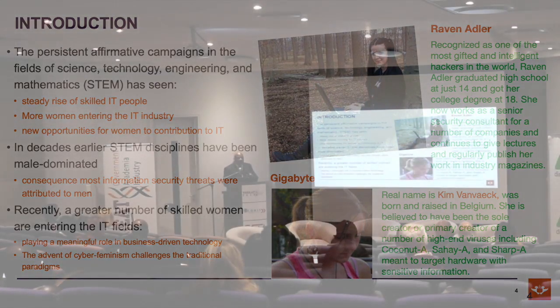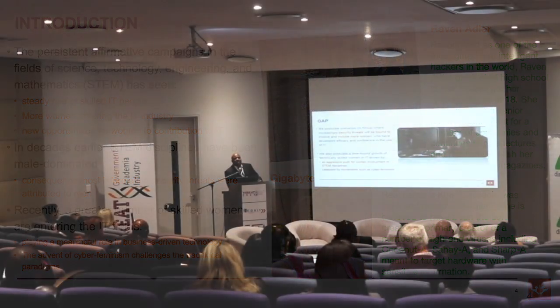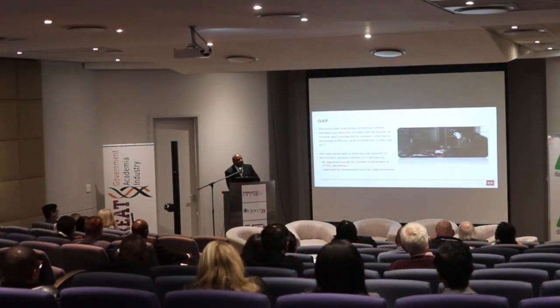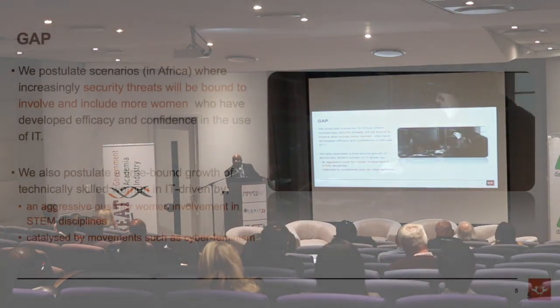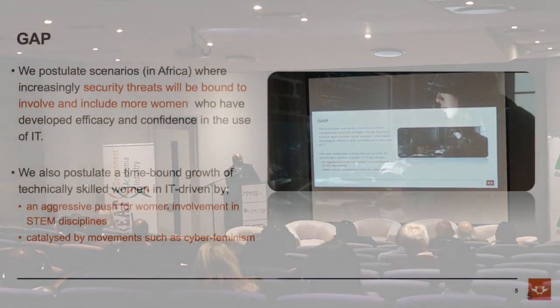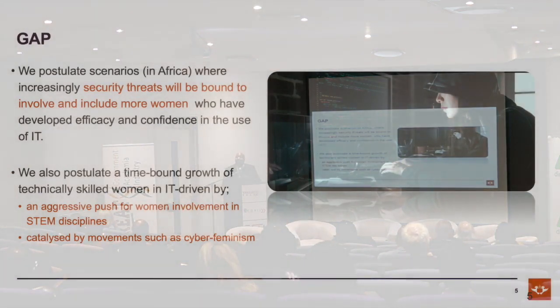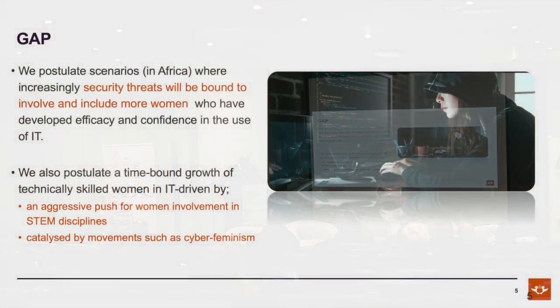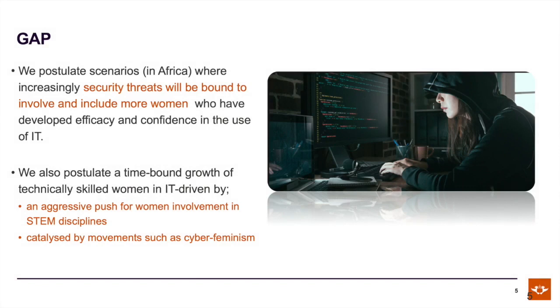So we wanted to see how much of that has filtered into the African context. Bearing in mind the truism about African women and their place and what has been driving them, how conscious are they? So we wanted to postulate a scenario regarding security threats and how women are conscious of that. Because if you're not careful, you'll find the ravens getting into our systems. And as people, they'll also constitute threats to organizations.